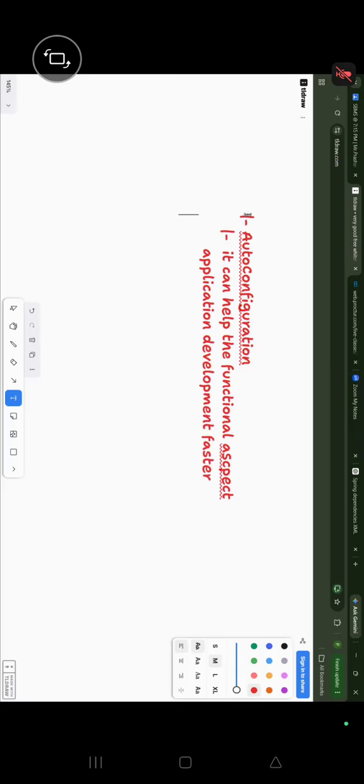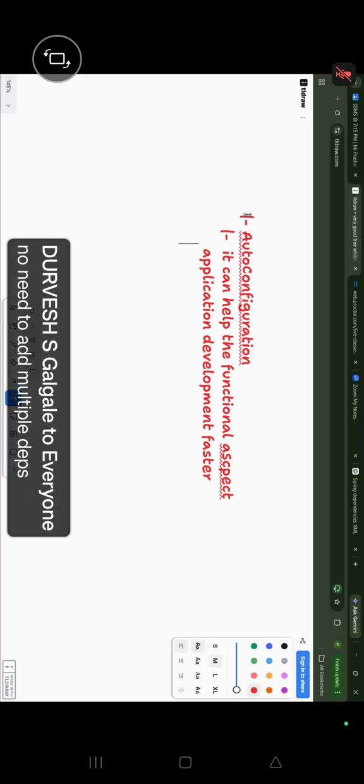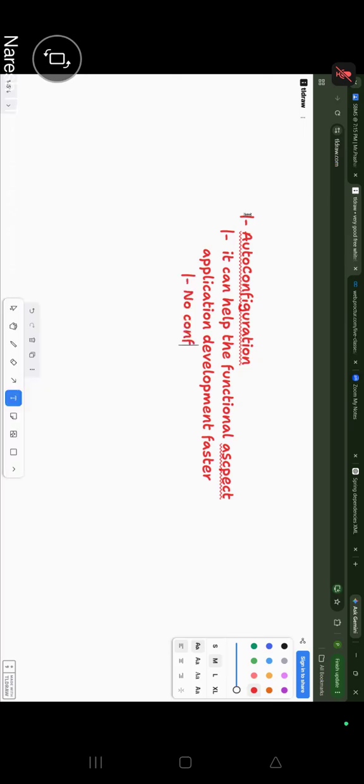How can you say that it will help the functional aspect application development faster, guys? What are the reasons? No configuration files are there? No configurations are there. The next one is what, guys? Tell me. There is no configuration. Moreover,